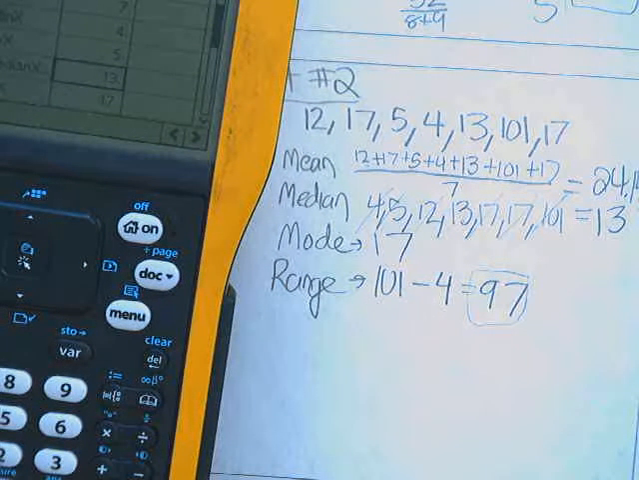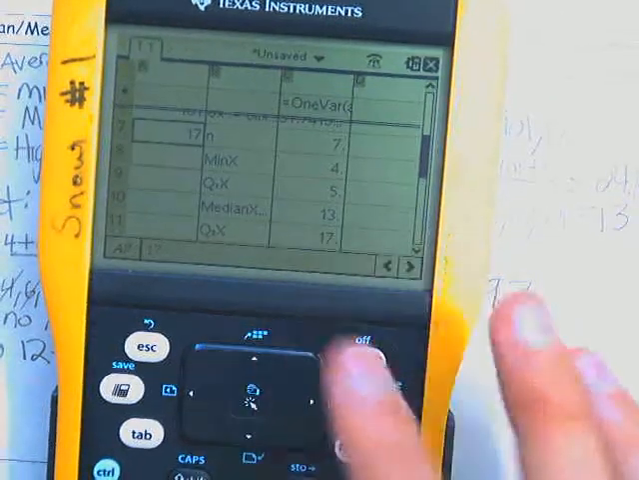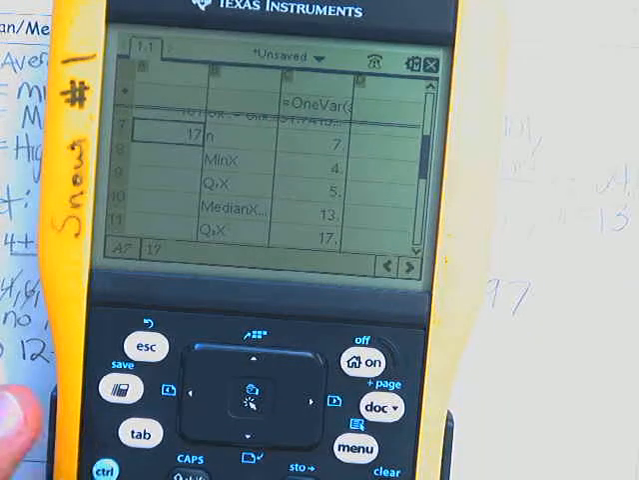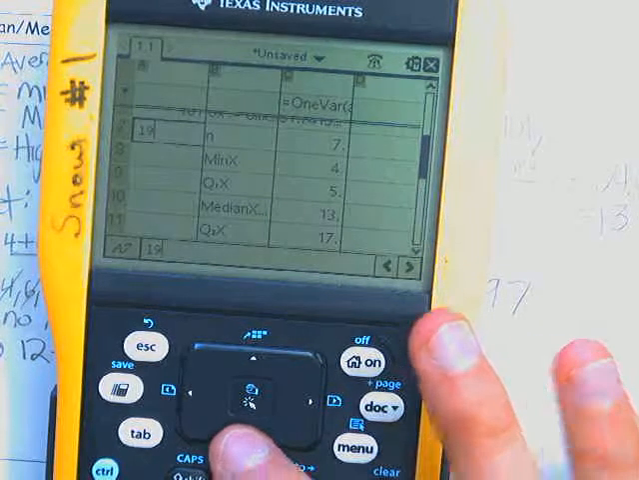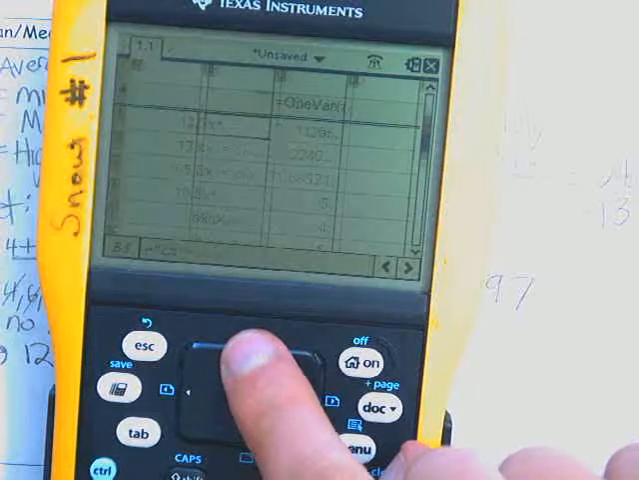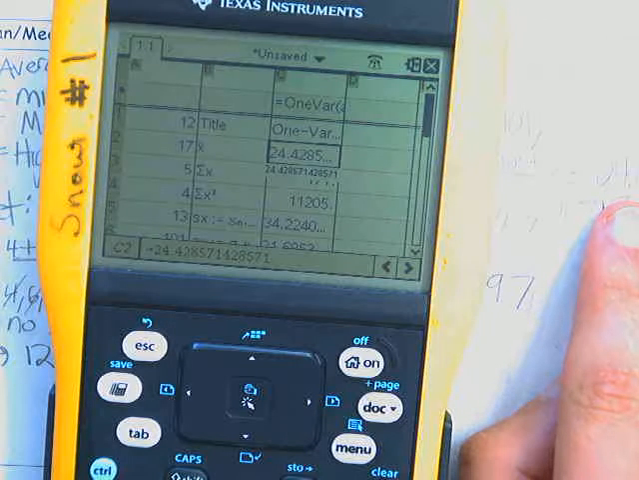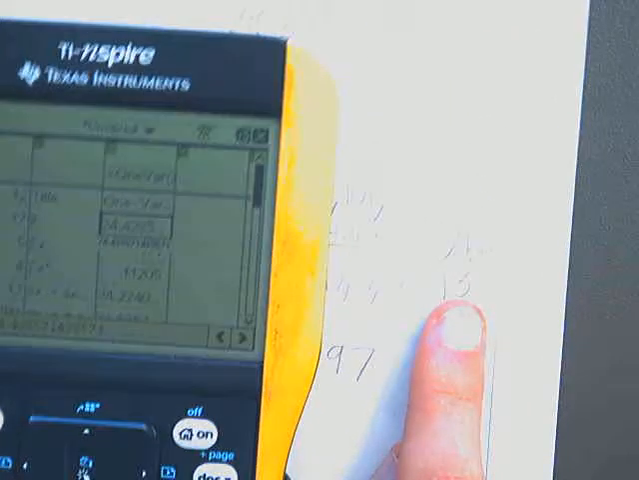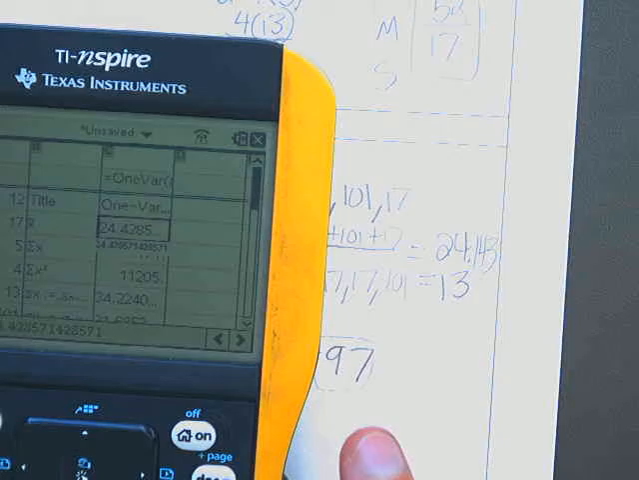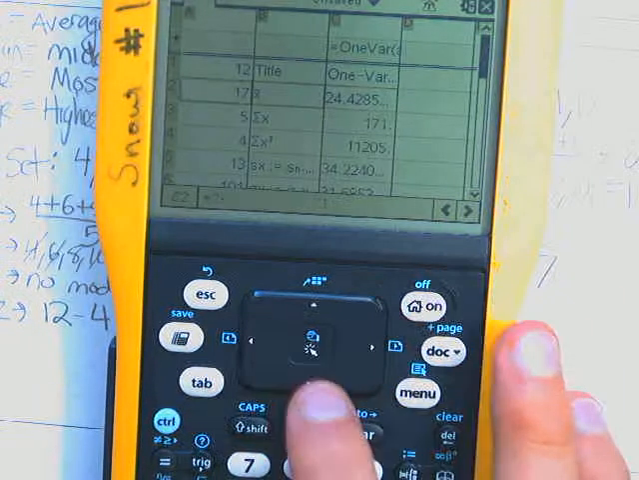It's very useful when you have huge data sets, and the value of doing it on the calculator is I can change the data over here. Like say I messed up and I should have typed in 19. Instead of having to redo everything, it just changes everything on the fly. The median didn't change, but the mean up here is now 24.4285 instead of 24.143. So it's changed. So this is really powerful and useful. So I'm going to change that one back,